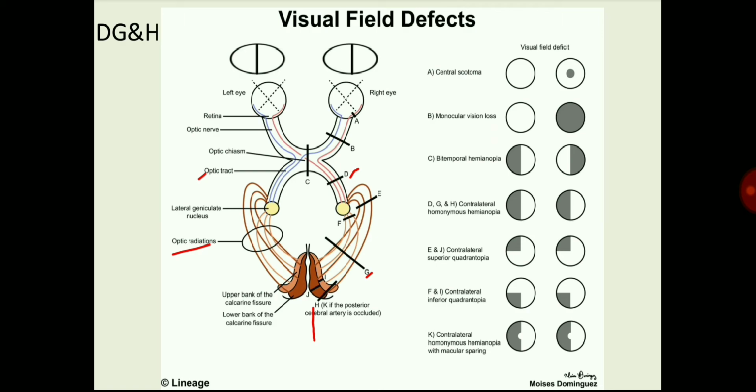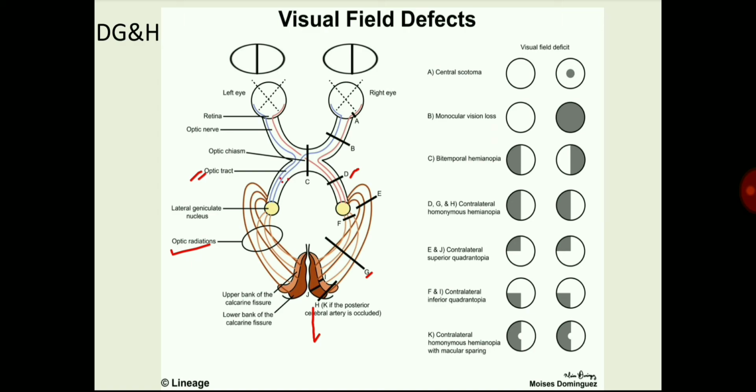So if damage occurs to these three regions, that is, complete lesion of the optic tract, optic radiation, or the occipital lobe, in all these three conditions, it will damage these fibers,